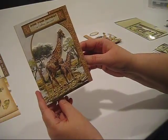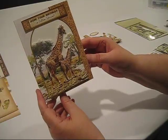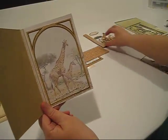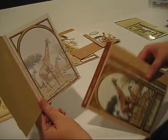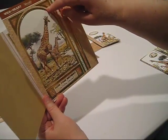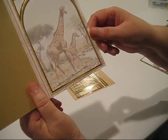You can easily reach a point when you're distracting from your project if you put too much. So that's what I did. On the inside, I did that same technique. I used that border piece, and you can see that you kind of have irregular foiling around this outside edge, so I stayed to the inside, and I just cut a nice uniform